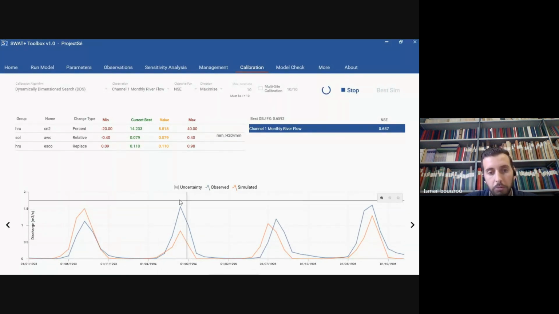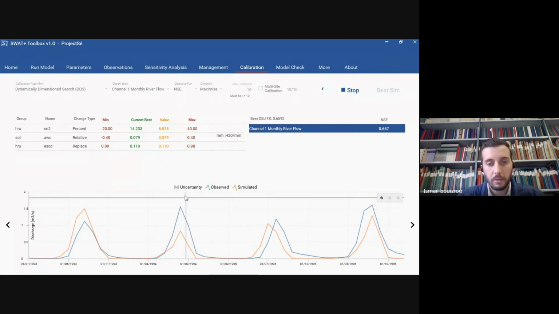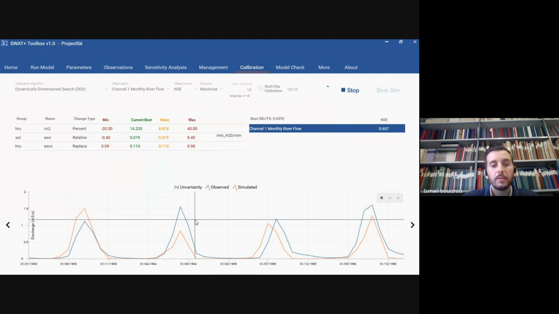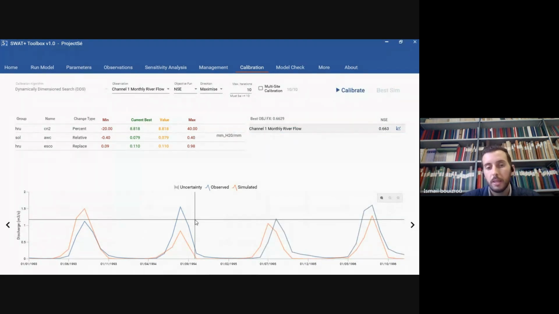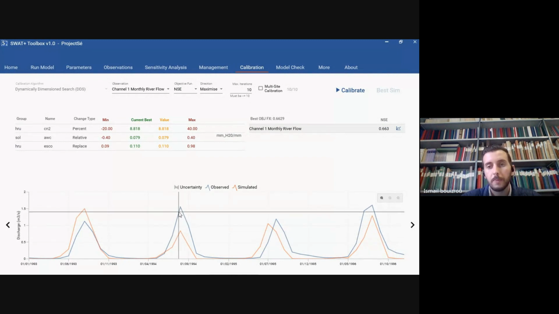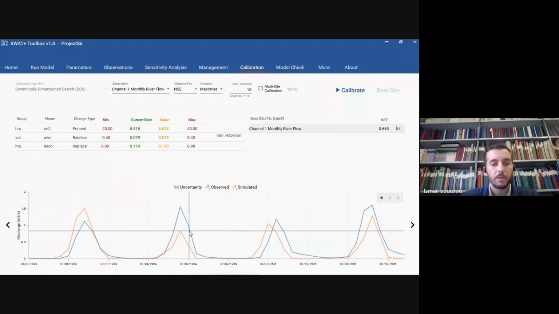But for this one, maybe we have a problem in precipitation, or we need to add further data, or to take into account the spatial variability of precipitation, because this kind of problem is usually because we don't have